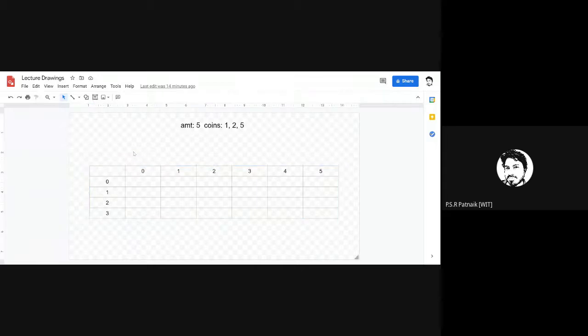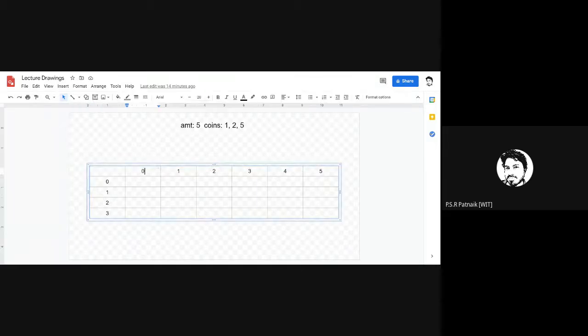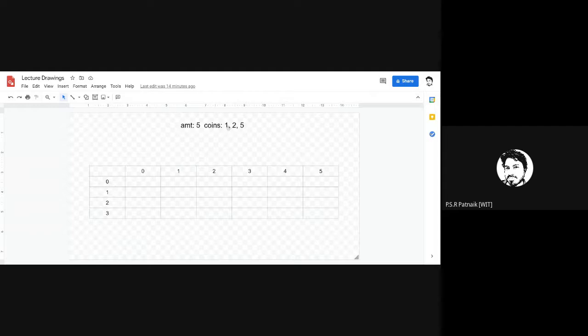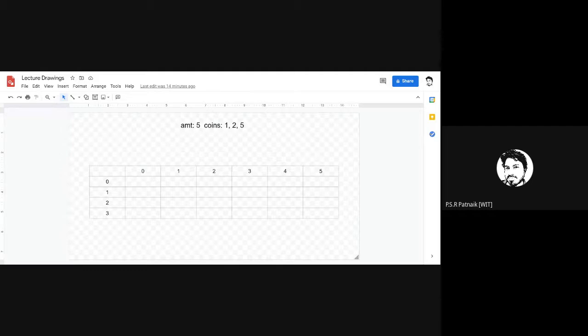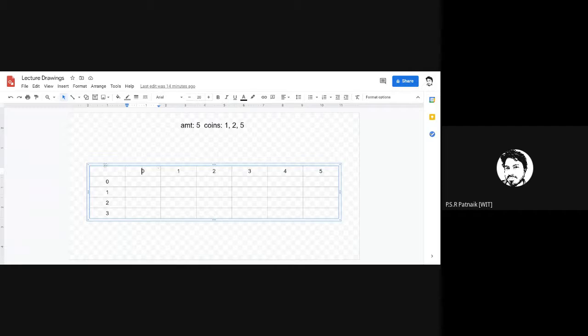Now you might ask me, why this additional 0 and 0 here? This 0 and 0 depends upon your logic. You can structure your logic by using 0 index or 1 index, it's up to you. But generally in dynamic programming, we start with 0 here and we start with 0 here. Whether to use this column or row depends upon what actual logic you write. But we always include from 0 to n coins and 0 to amount. That's your column header, and this is your row header. Each row represents coins.